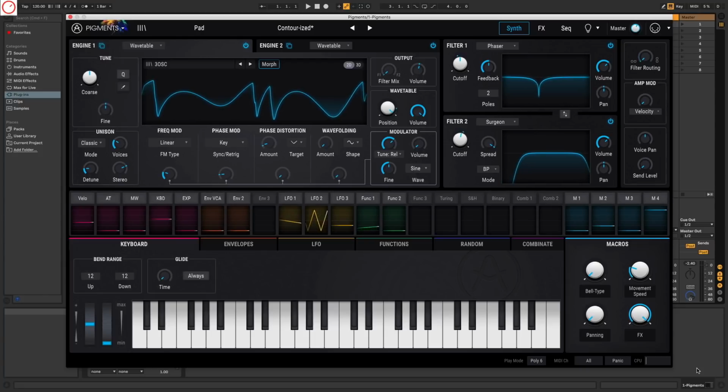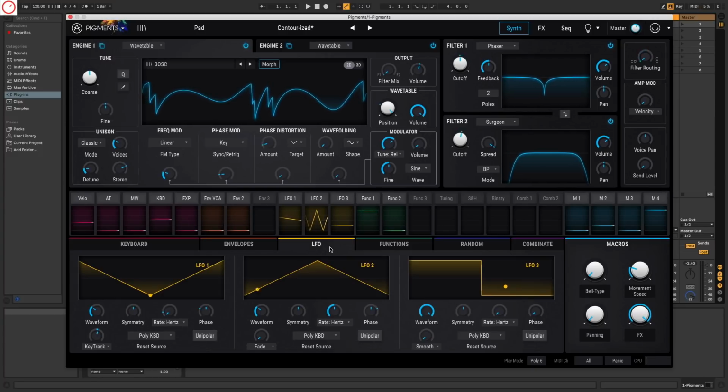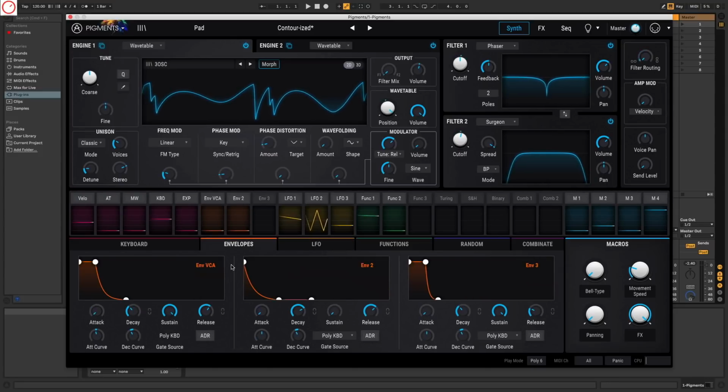One other powerful feature of Pigments are the different modulators. As you maybe know from different synth communities, a synthesizer must have LFOs or many LFOs. And in Pigments we have 3 LFOs. That's in my opinion not a lot, especially because they don't have a lot of waveforms. Also 3 envelopes are not that much, but the ARTURIA developers include different things that can give you more